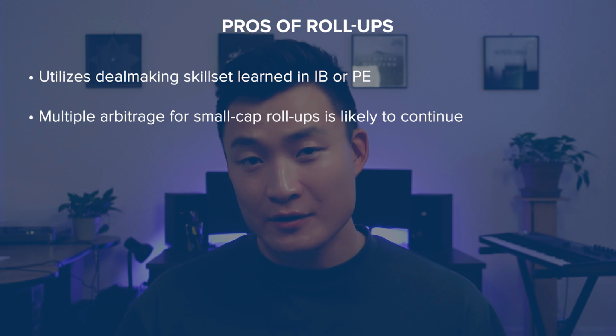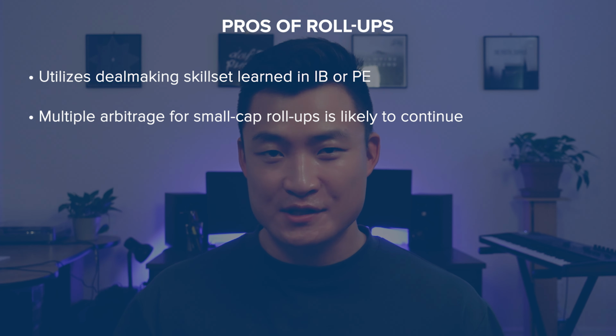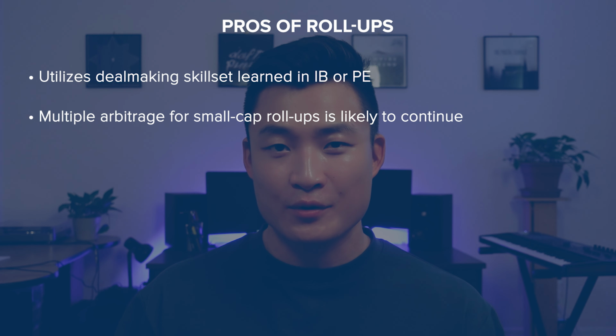Another big pro is I think this value arbitrage is here to stay. Even if you're at a small cap private equity firm, generally it's not going to be worth your time to buy such a small business that only one person is currently operating. So that's why I think there's an opportunity for individuals to get involved. There is still a lot of hard work that goes into diligence, raising money, as well as closing a deal. And that's really where the arbitrage is. If you're willing to do that amount of work, then you're going to be the one that benefits from the